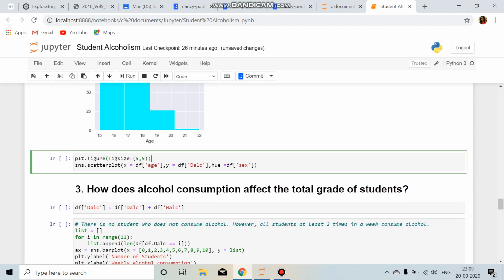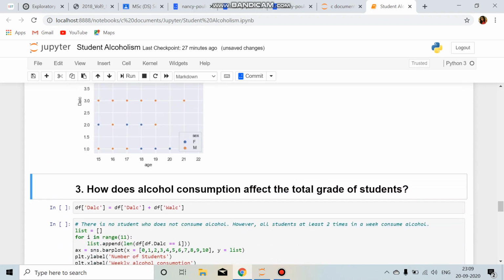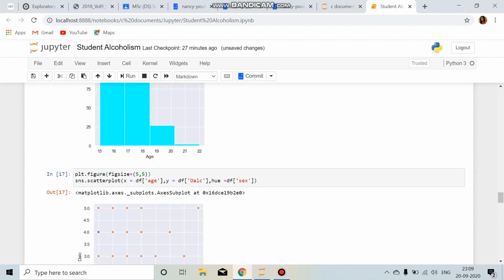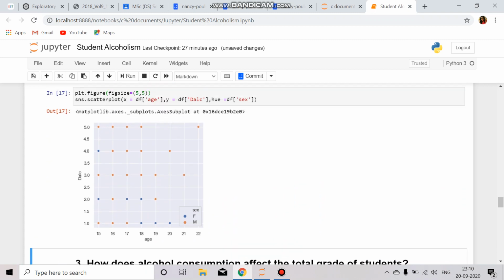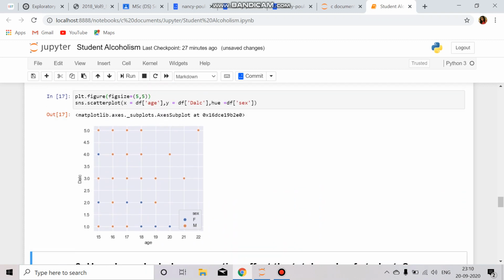Then again, since this is not enough, I plot another scatter plot which will give us even more detailed insight. So we see here this plot is a scatter plot of DALC, or daily alcohol consumption per week, versus age of the students. Here the yellow points depict the male students, and female students are depicted by the blue points. So we see that mostly as the age is increasing, the alcohol